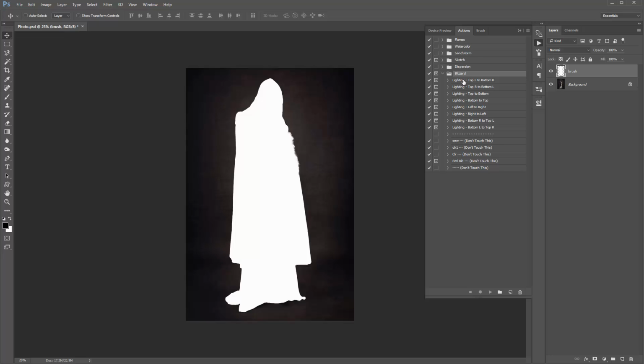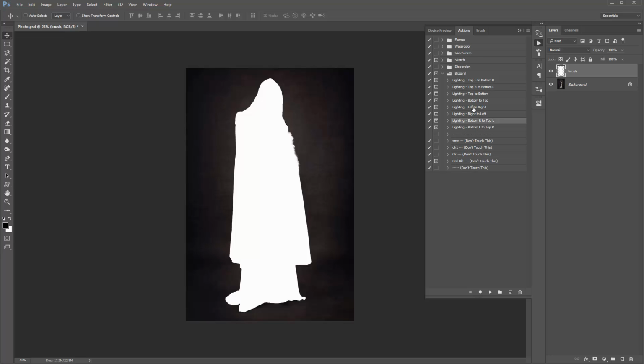So let me just quickly explain to you what's going on here. These actions here, they're the ones that you want to use. Anything under this line you don't want to touch. And I've got in brackets here, don't touch this. Just a reminder not to rename them or play around with them at all, because these actions need these actions